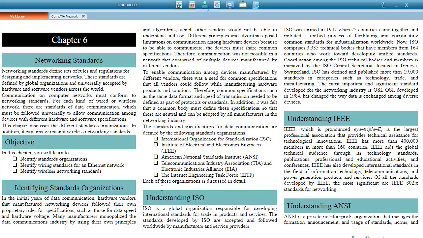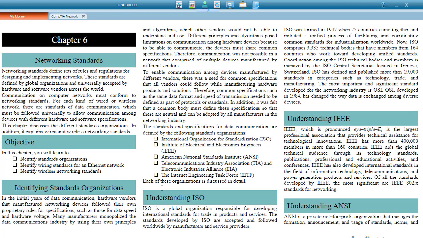Understanding ISO. ISO is a global organization responsible for developing international standards for trade in products and services. The standards developed by ISO are accepted and followed worldwide by manufacturers and service providers. ISO was formed in 1947 when 25 countries came together and initiated a unified process of facilitating and coordinating common standards for industrialization worldwide. Now, ISO comprises